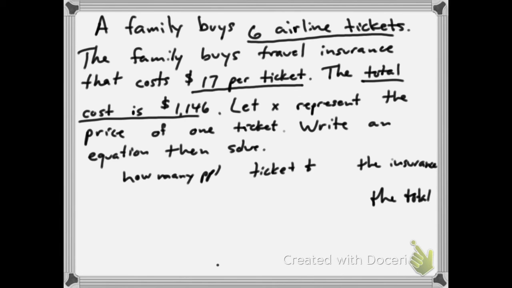All right. So we know that there's 6 airline tickets being bought, so that will go under the how many people. We do not know the cost per ticket. We know that this right here is the travel insurance, so we got to be careful with that. So this is our X. The insurance is $17, so that's in addition to what the ticket price is. And our total is